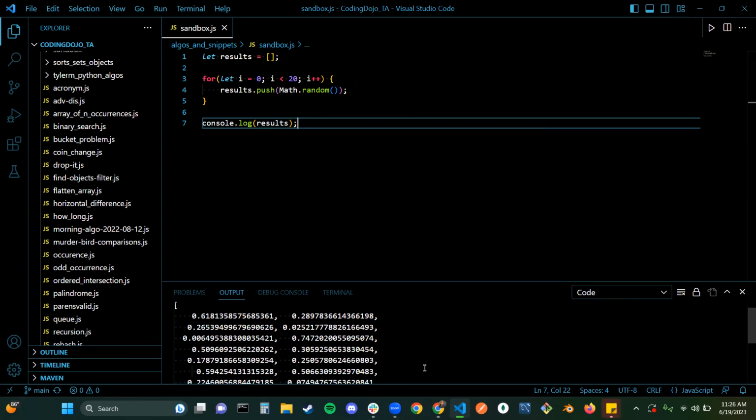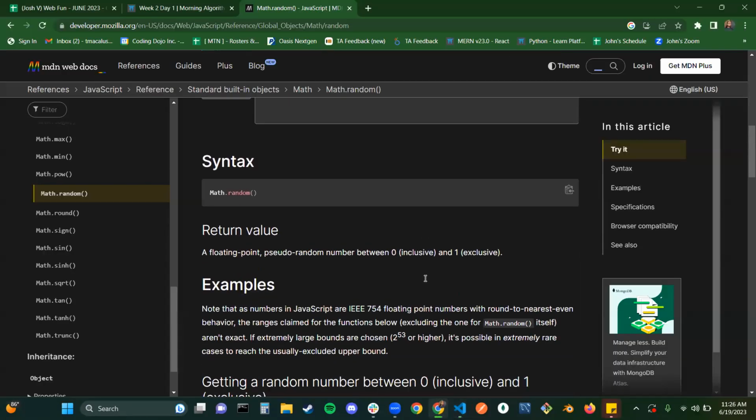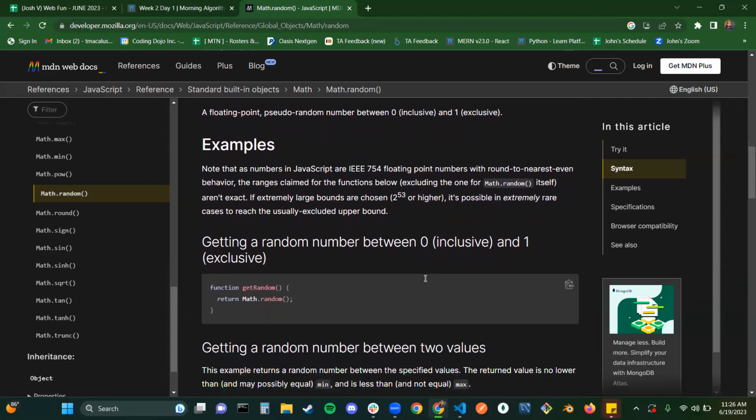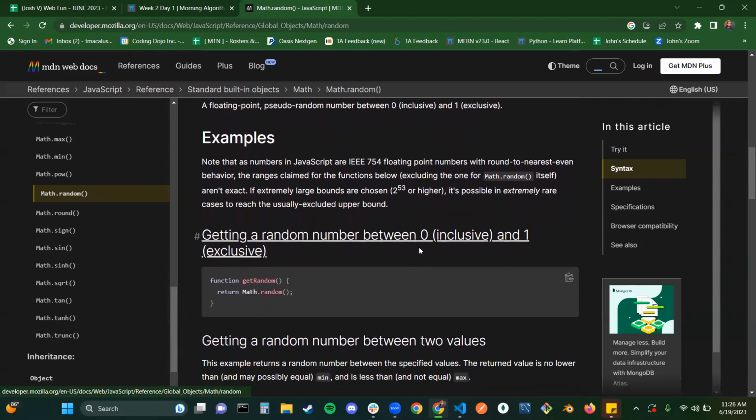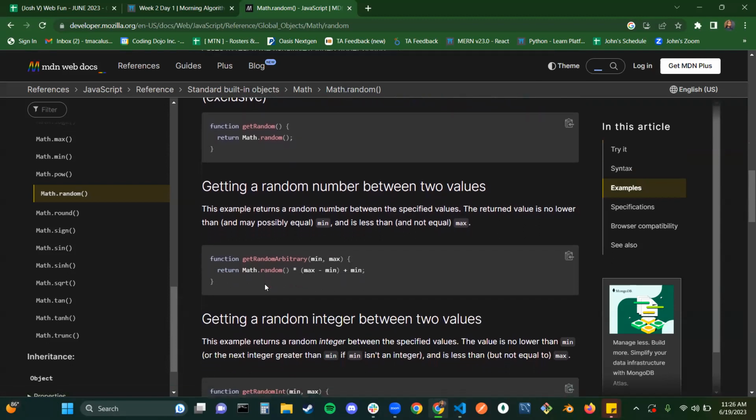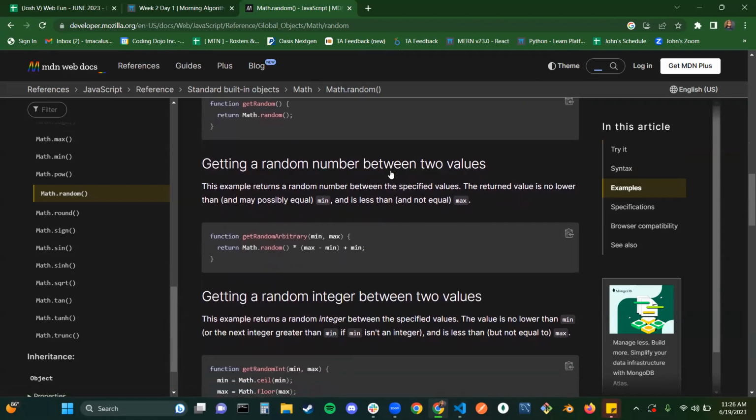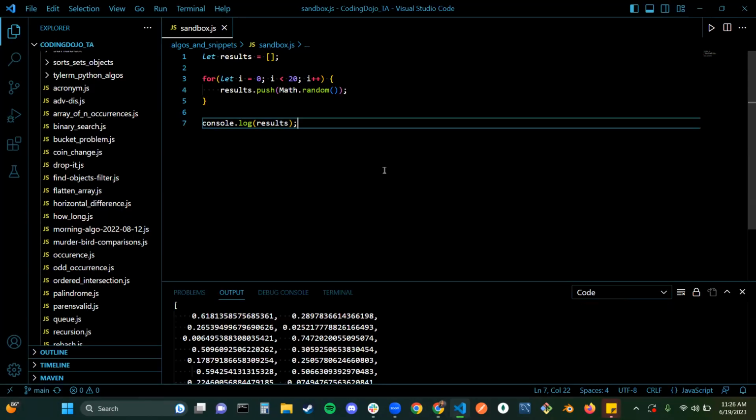So let's see. The next part of this documentation says getting a random number between 0 and 1 exclusive. So that's just straight up using Math.random. Getting a number between two values. So this is where you come in with, if I want, say, 0 to 20, let's see. So if I say